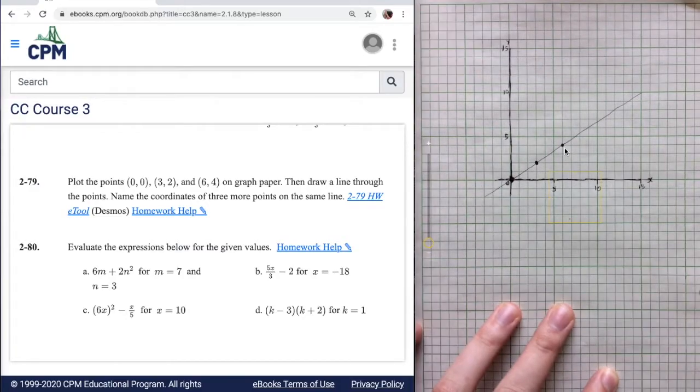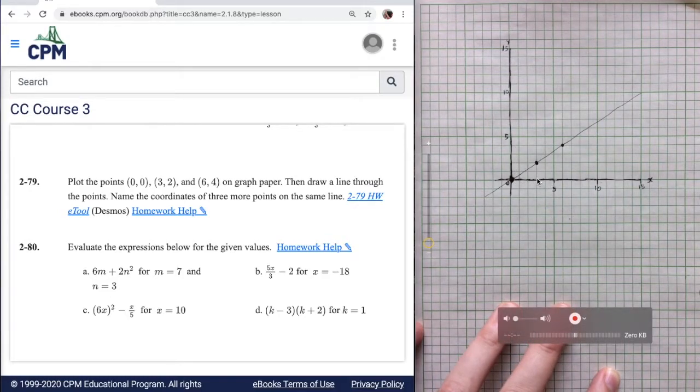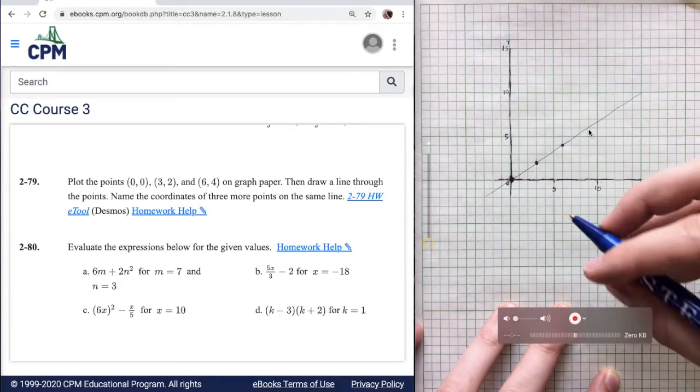So now what we want to do is find a few more points on the same line. If you notice, you can have a look at how far along it goes to how far up it goes. And it's going to stay constant because it's a straight line. So it goes across 3 and up 2, across 3 and up 2. So the next point you could find on the line would be across 3 to 9 and up 2 to 6. So a point on the line would be